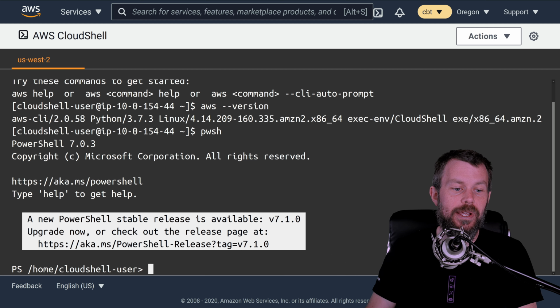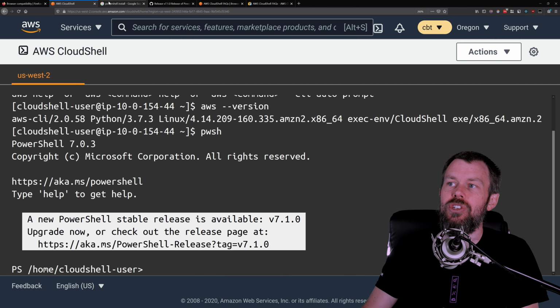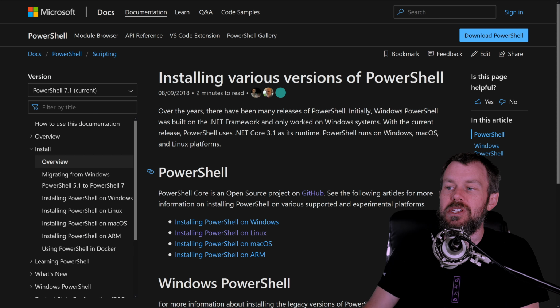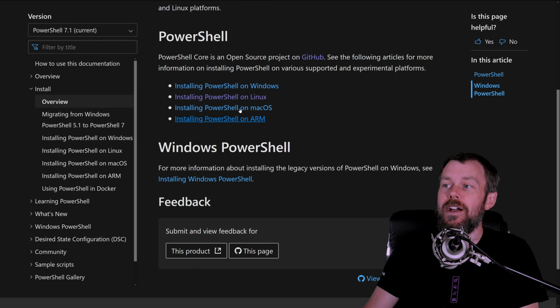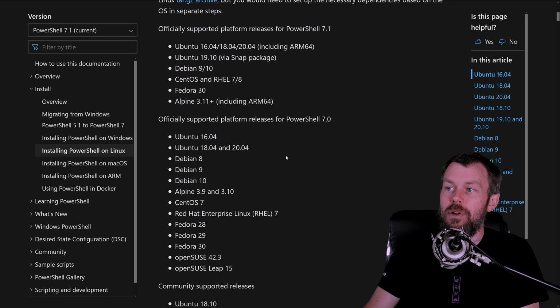So moving right along, we do have 1 GB of storage inside of our home directory here, which is something to point out. What I did want to point out on this PowerShell version, though, is that you can actually upgrade it. So if you just Google for how to install PowerShell, it'll take you out to the PowerShell install docs. You can look at installing PowerShell on Linux, and it does support a variety of different operating systems, such as